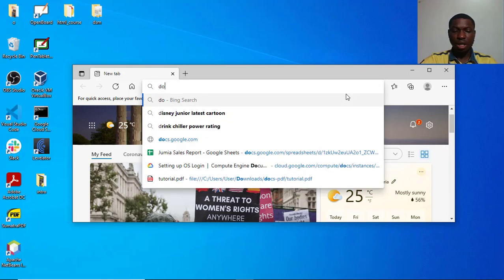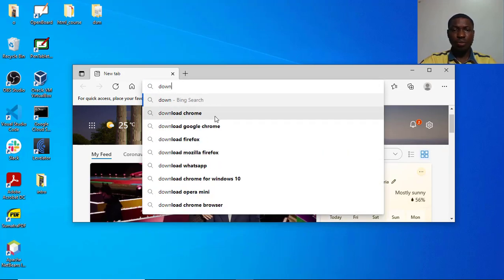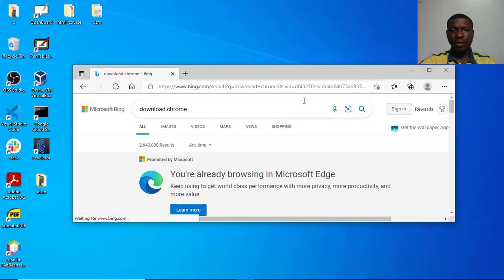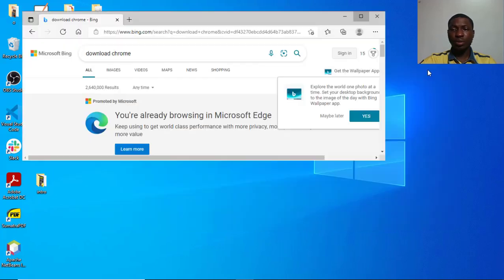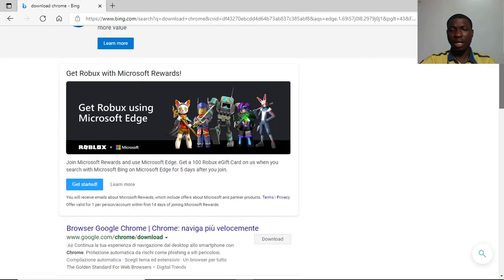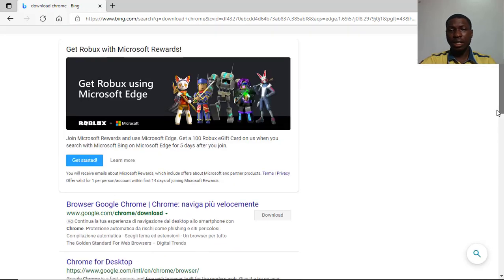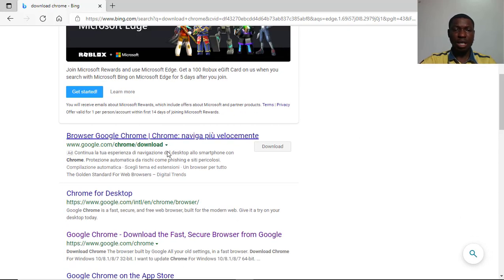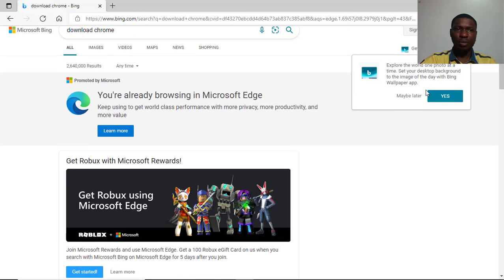So simply search "download Chrome" like this, and then you have the option to download the Chrome browser and install. So like I said, this is the Chrome browser. If you don't have the browser, download the browser.